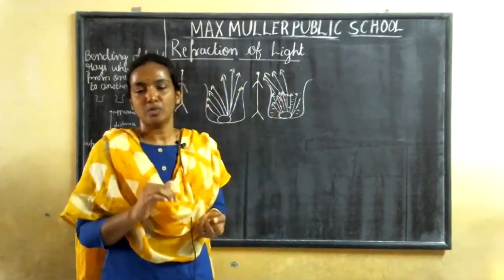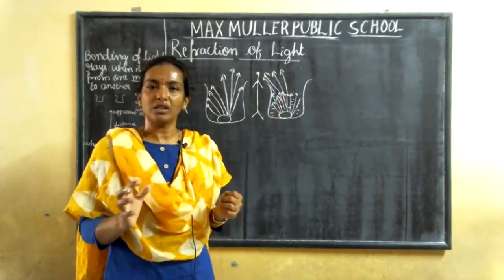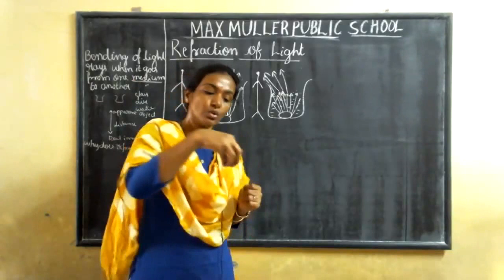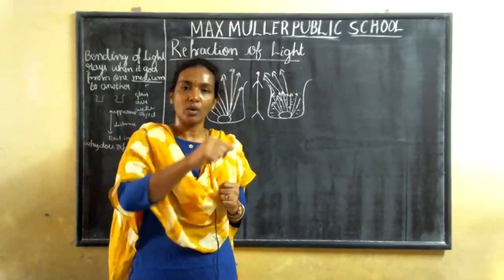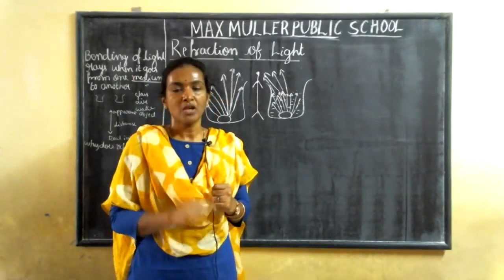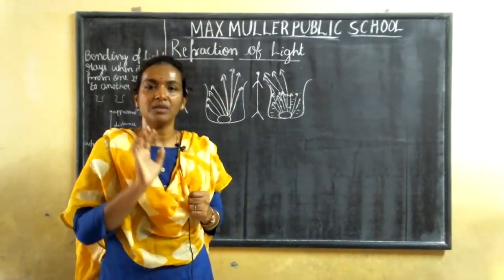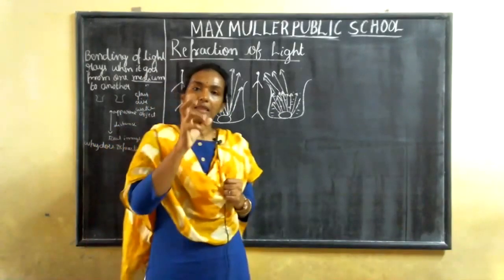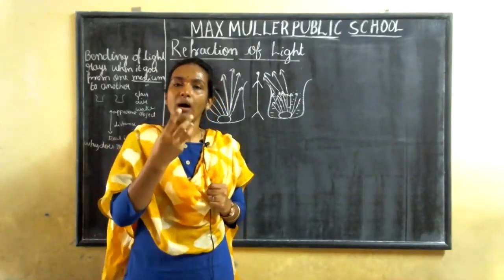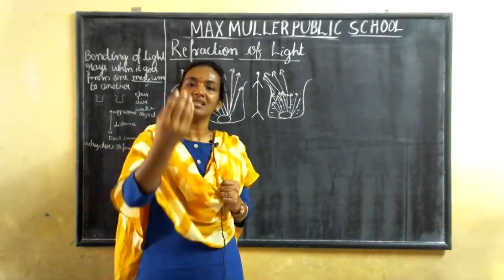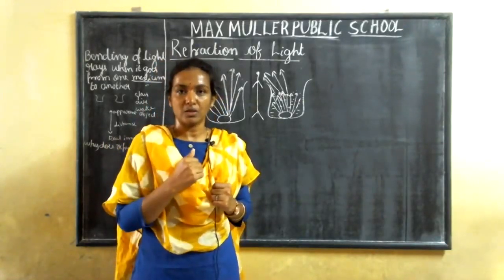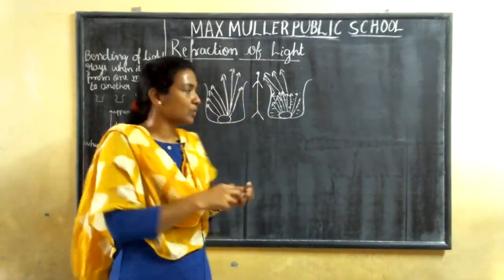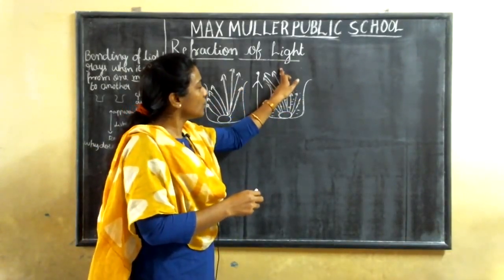Try to do this experiment if it is possible, if you are interested. Take one bowl of water and drop one coin into it and try to catch the coin, try to take the coin from the water. You will fail for the first and second attempt, it might be the third attempt. Why? Because the rays which are coming from the coin are different in air, and it is the same thing that they are different in water also. So the direction you are thinking the rays are coming from is not right, and you are going to touch this.